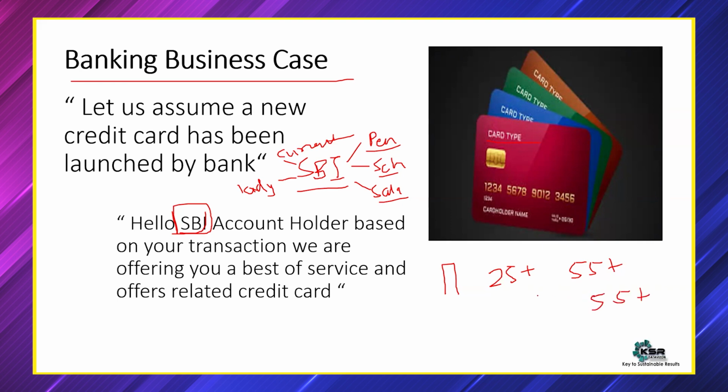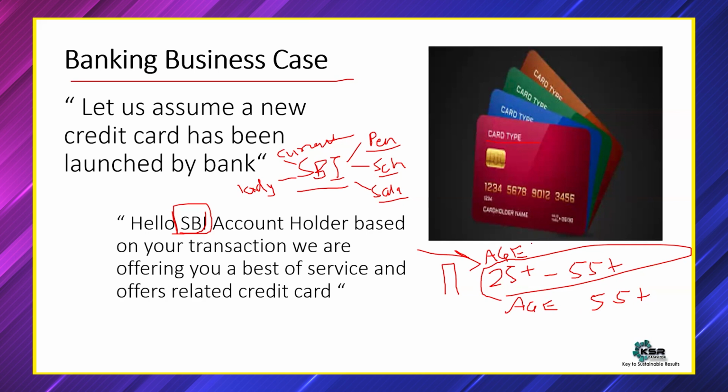But usually this is the best fit age. Why? Because in this age, you are a working professional. Now, this is how SBI will first try to analyze. First filter is age. They'll try to filter out by age criteria. With this age criteria, you'll also get a second option: a person who has a current account, who has a very good business. They'll also try to filter out people who are 55 plus age.